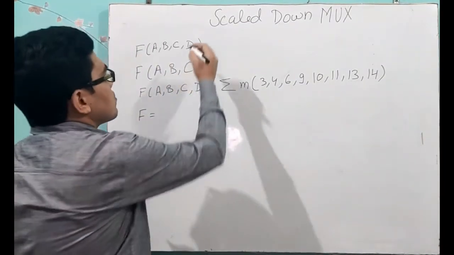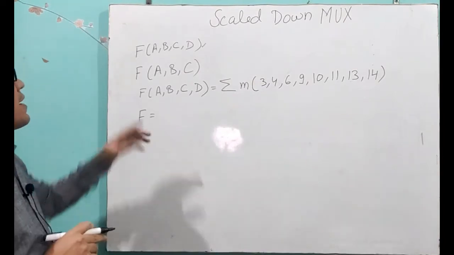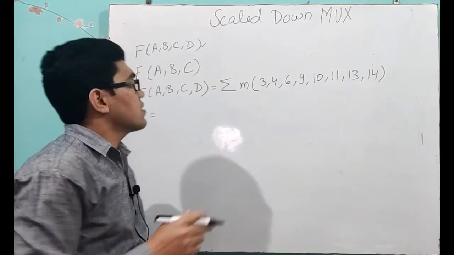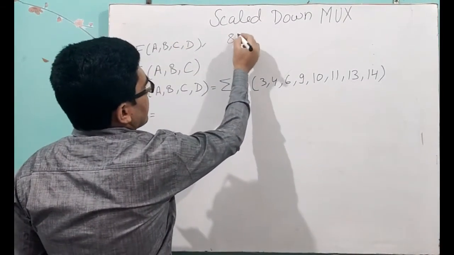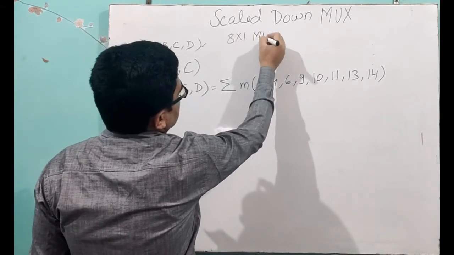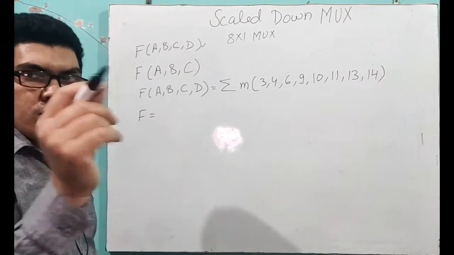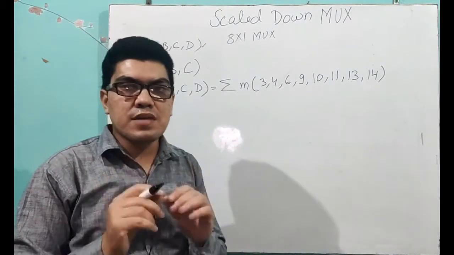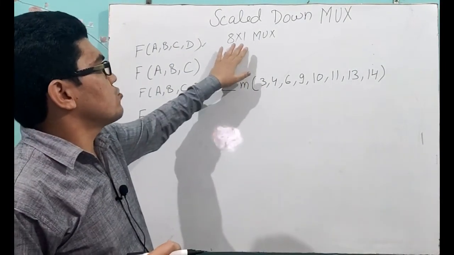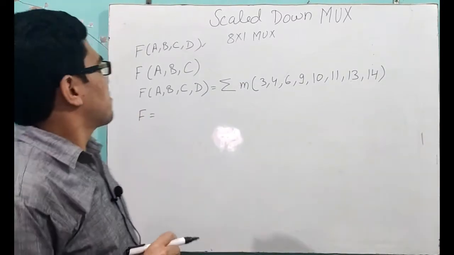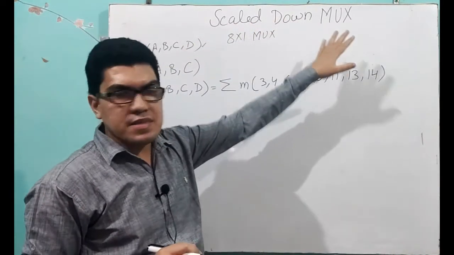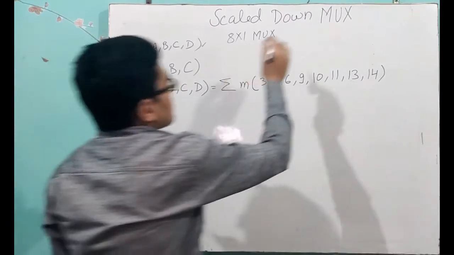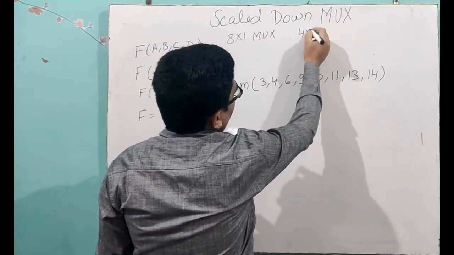If we want to implement a 4 variable function, then in a normal multiplexer we have to make an 8 into 1 multiplexer. But in a scale down multiplexer, we can implement a 4 variable boolean function using a 4:1